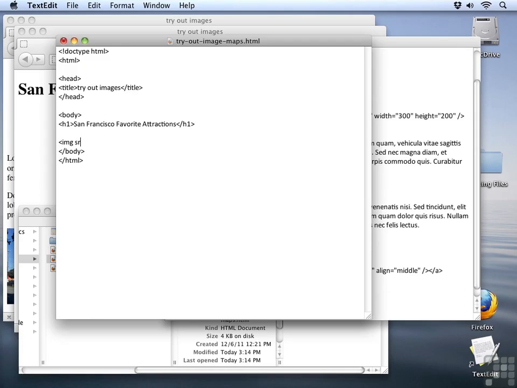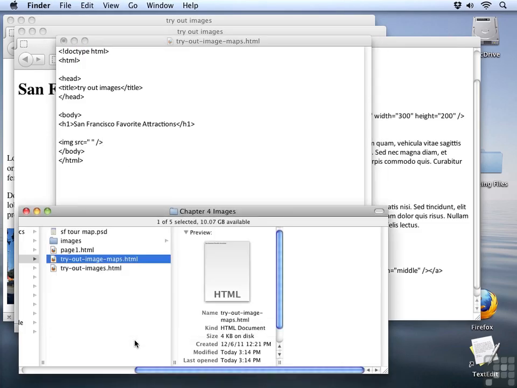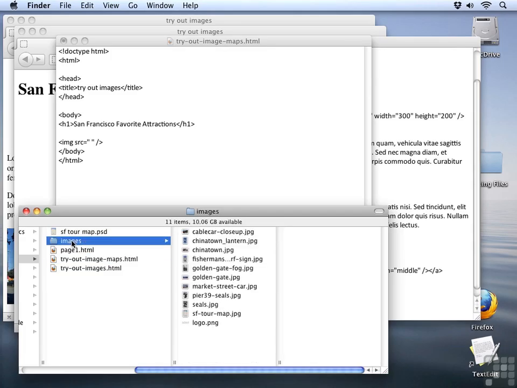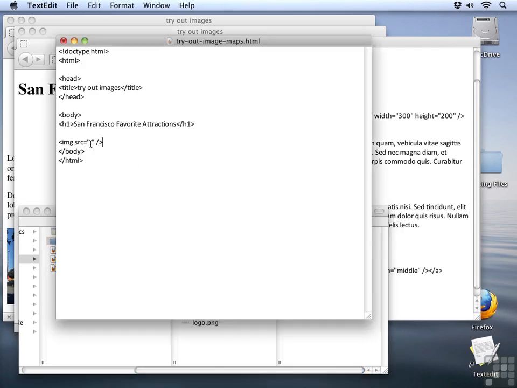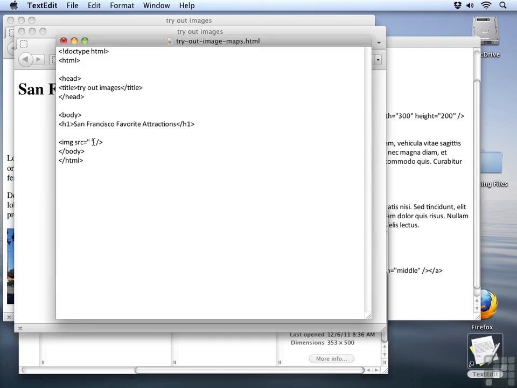I'll need a source, equals and quotes. I'll go ahead and add the close quotes and close off the tag so I don't forget to do that later. And let's go and look at what image we can put into here. In our images folder, I have an image called SF Tour Map that I'd like to use. So let's just put that into our image source attribute. First of all, it's in the images folder, so we'll add that and a slash, and then the file name, which is